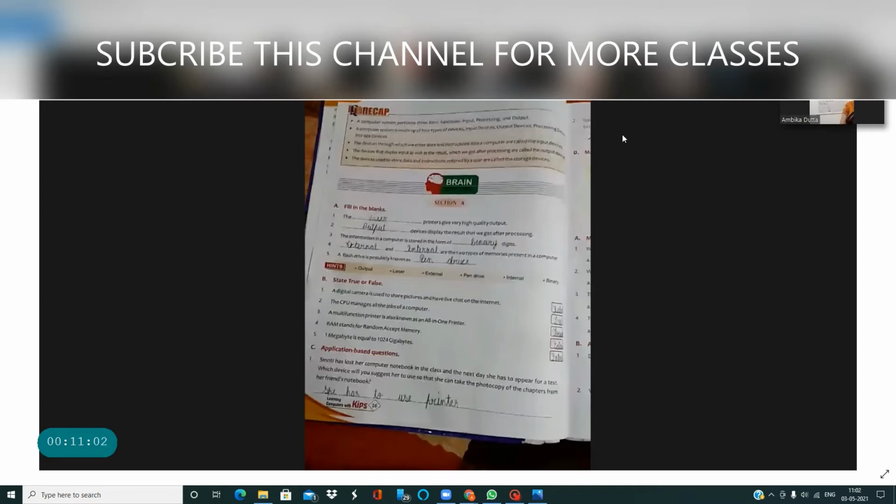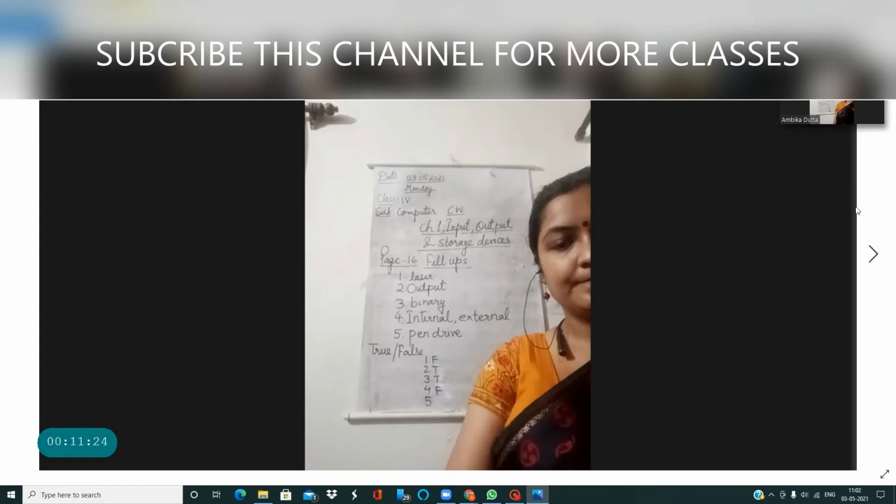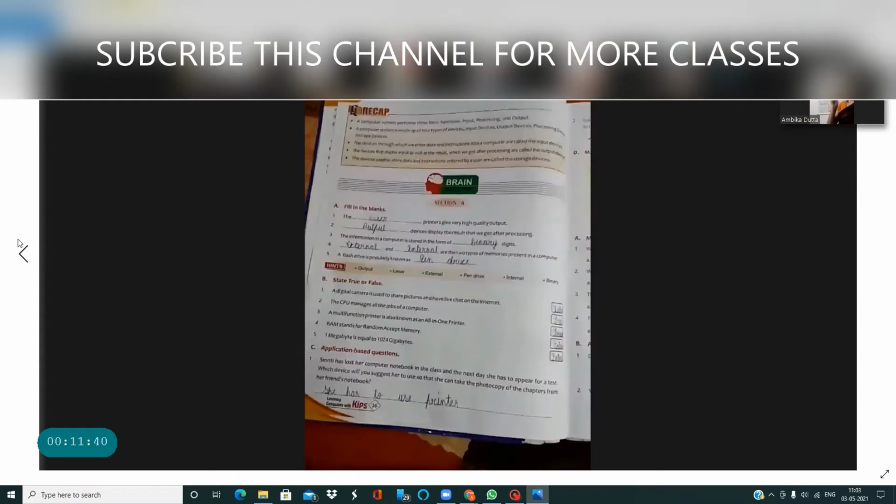You have to learn that table also. You have to learn that table, the shortcut. Okay? That is why in true false the last one will be false. Correct. Ma'am, Soumya has informed me about the right answer. Yes, the last one is false. Ma'am, I had already filled the exercise and I wrote false for the last one. Okay, now listen to me. It is given in the question that 1 megabyte is equal to 1024 gigabyte. That is why it is false.